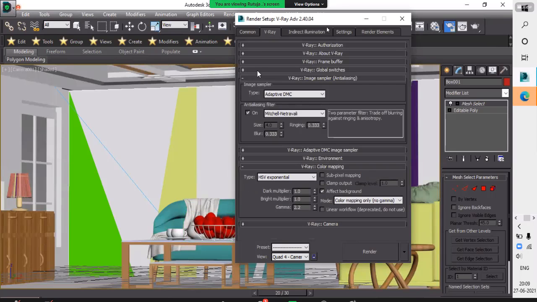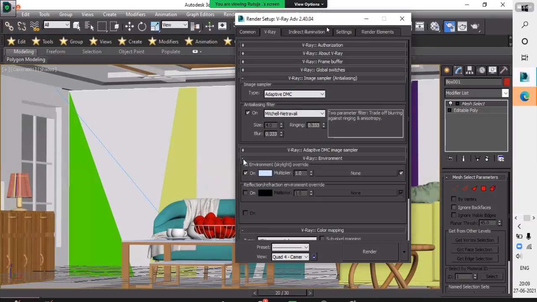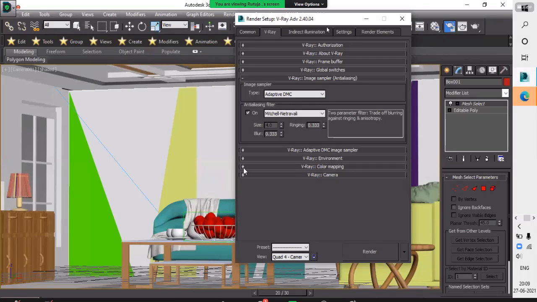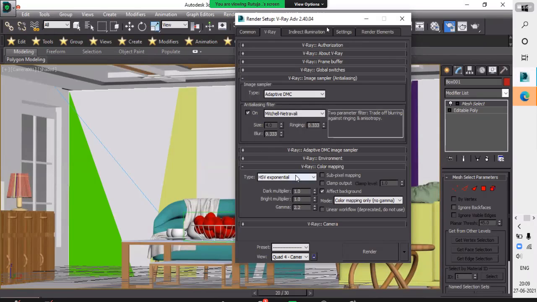The fifth one is here: take the filter which is Netravali. Then go to the seventh box and turn it on. Then go to V-Ray Color mapping and take HSV.